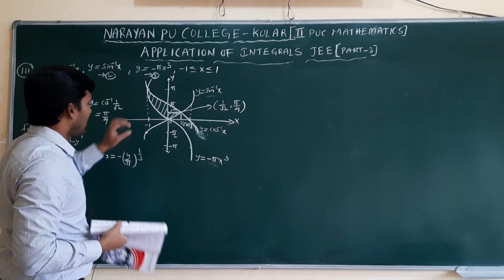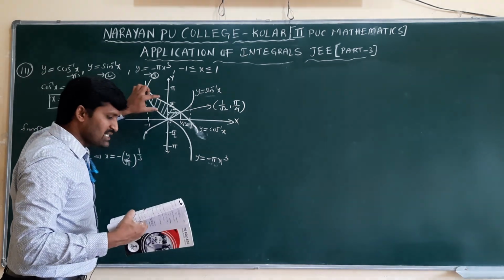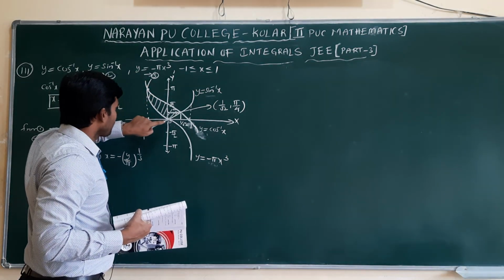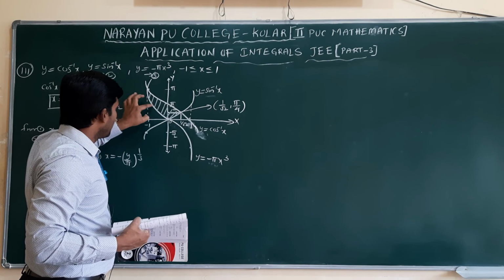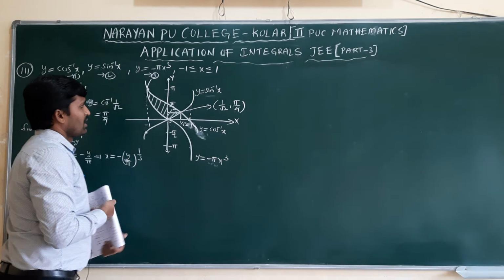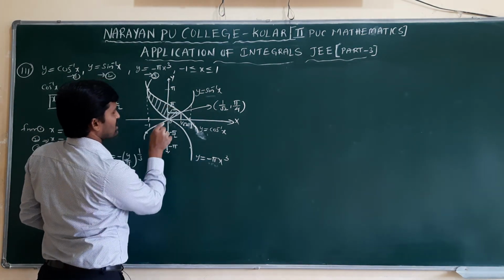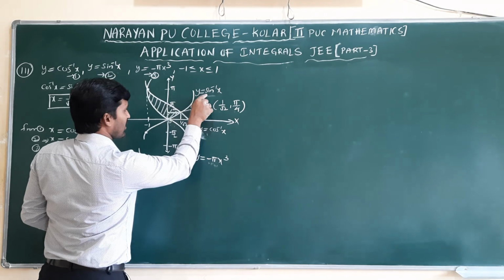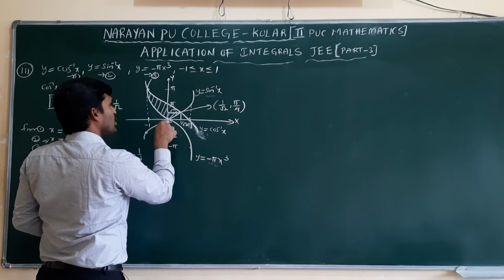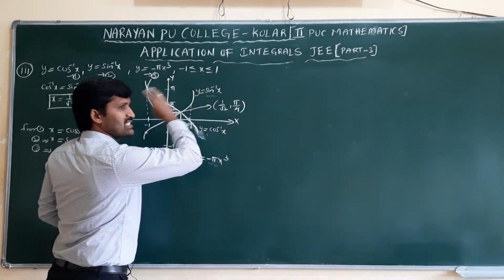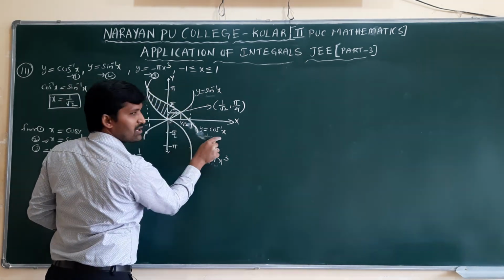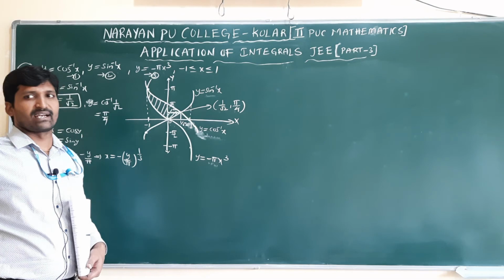For finding this area, we need to find the part we don't want. See clearly, 0 to pi, this complete curve is there. That's why we will take this in terms of y. No issue, but left side. These two also are included: 0 to pi by 4 the sine graph, pi by 4 to pi by 2 the cos graph. But when you take 0 to pi, this unshaded part will also exist. That's why from pi by 2 to pi, we need to remove which graph? Cos graph. Total 4 parts are added here.